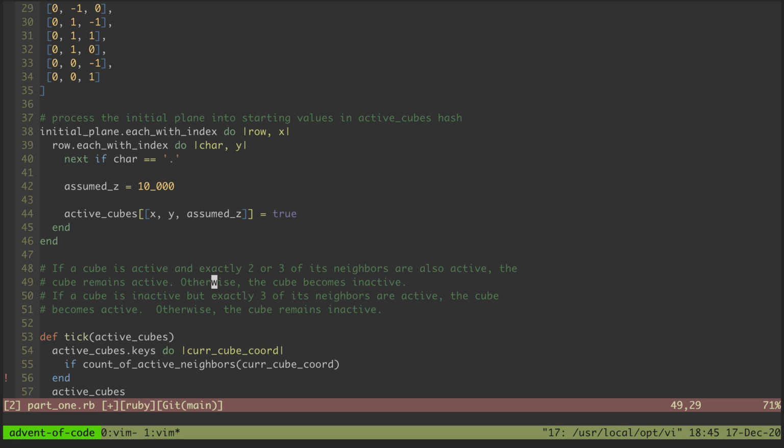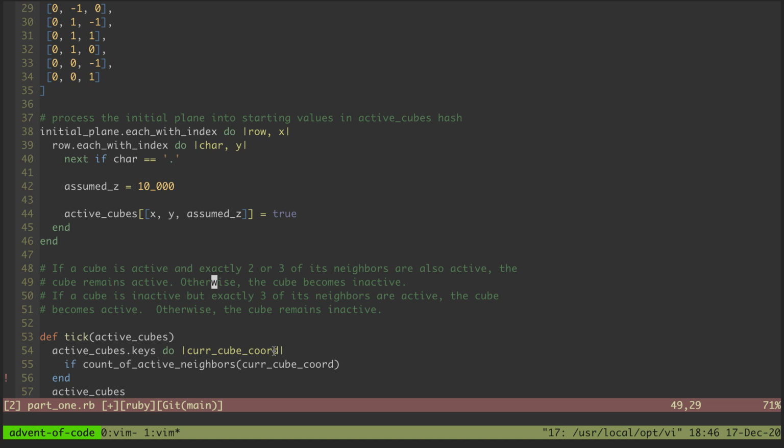How do we find the positions that are going to be... So we're working with an infinite grid, so how do we reasonably look at all the positions that might be in the vicinity of three active cubes? Yeah, I guess we'll have to use this same approach. Maybe naively we can say, well, given an active cube, which is what's coming through here, give me all of the neighbors, and then we can check all of those neighbors to see